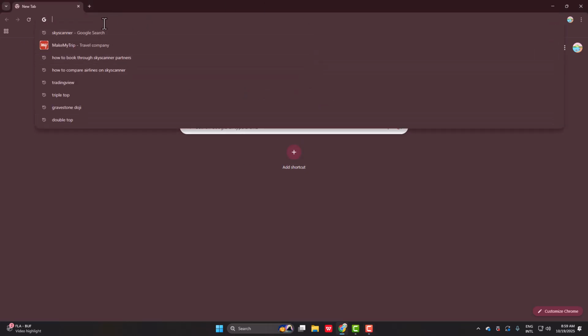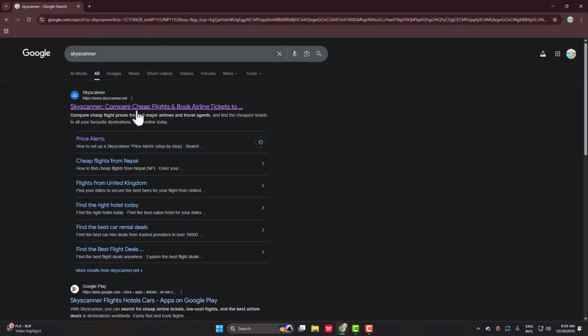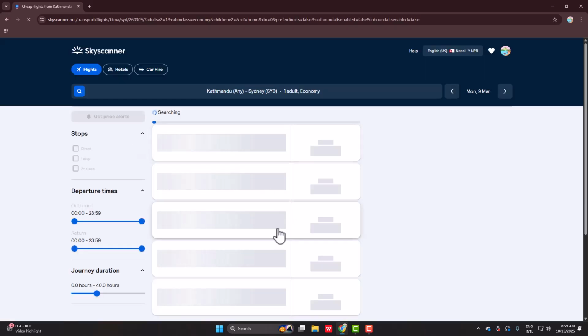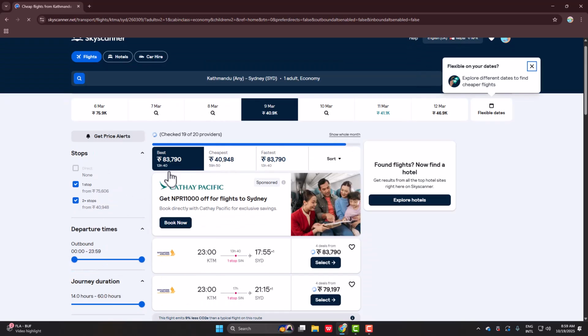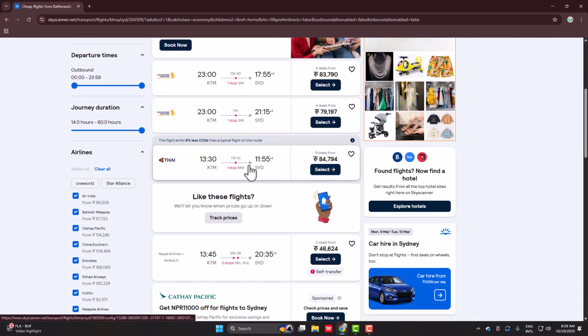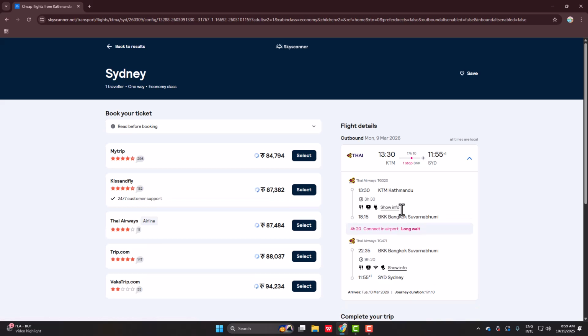First things first, simply go ahead and open any browser that you want and search for Skyscanner. And now simply go ahead and click on the first link that pops up right over here. Now, for example, let's say I want to go ahead and book a flight. All I need to do is just go ahead and search for the place I want to head to. And now if I want to go ahead and book this flight, simply go ahead and click on select, and